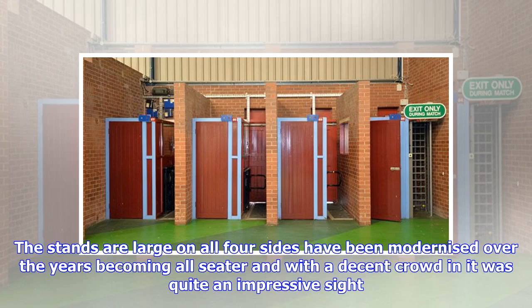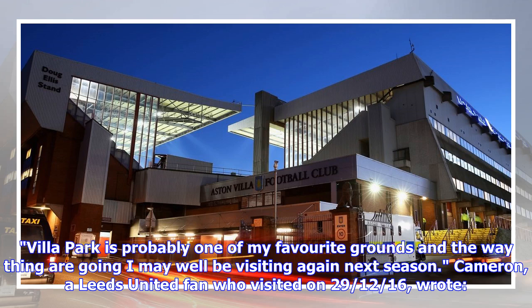The stands are large on all 4 sides, have been modernized over the years, becoming all-seater and with a decent crowd, and it was quite an impressive sight. Villa Park is probably one of my favorite grounds, and the way things are going I may well be visiting again next season." Cameron, a Leeds United fan who visited on the 16th of December 2029, wrote, "I thought Villa